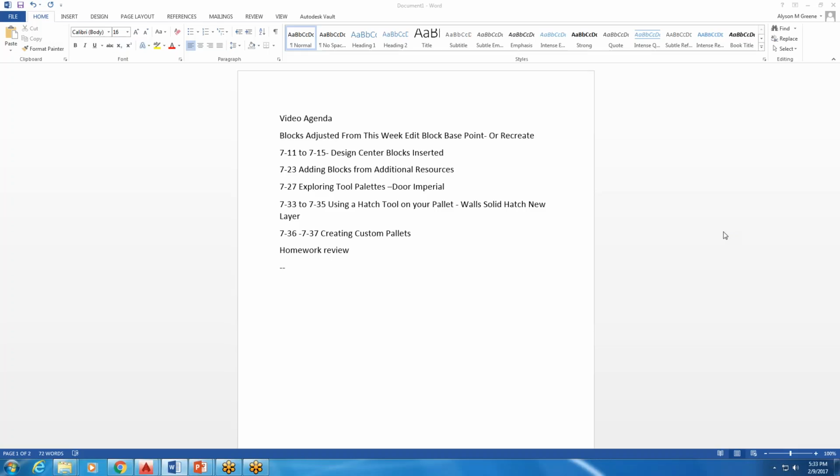This is a new feature. I just thought it'd be helpful. So blocks adjusted from this week, edit block base point is where we're going to start. Then we're going to use our book a little bit, 7:11 to 7:15, how to download things from the Design